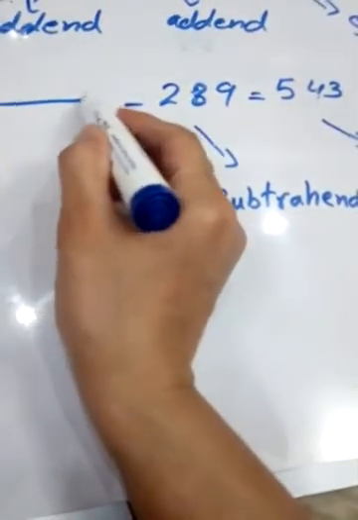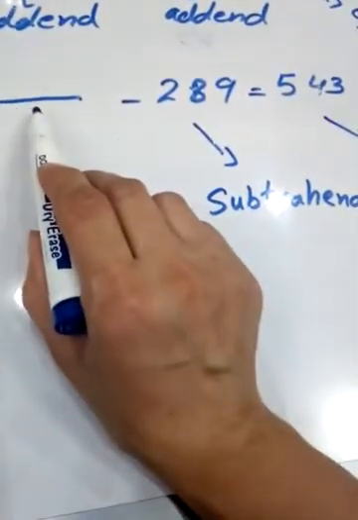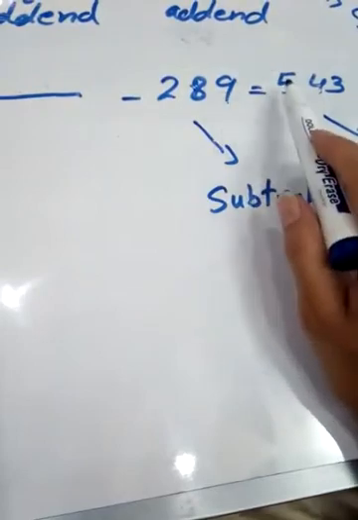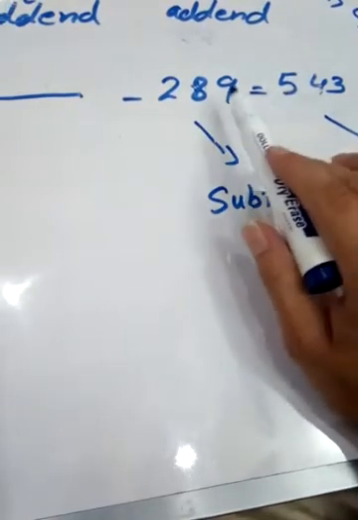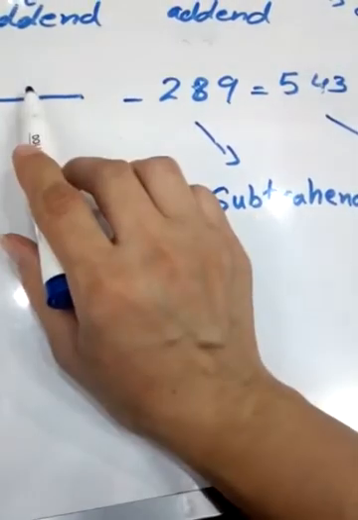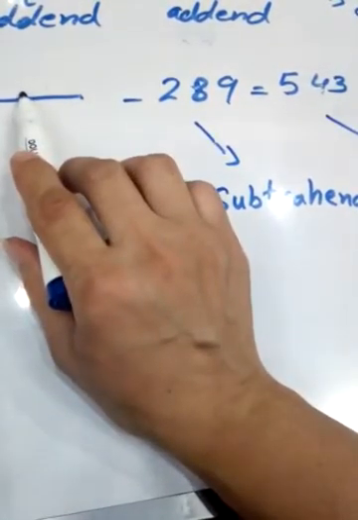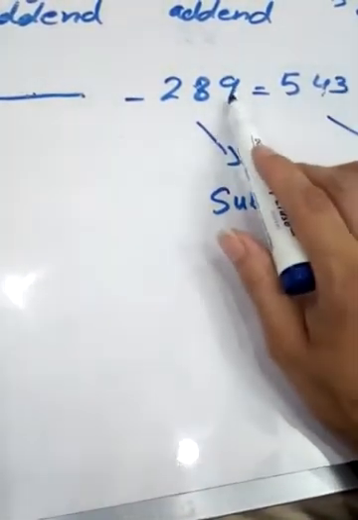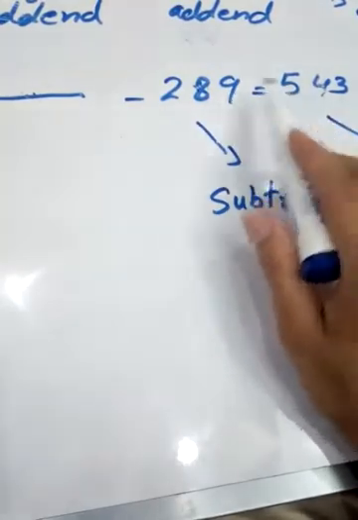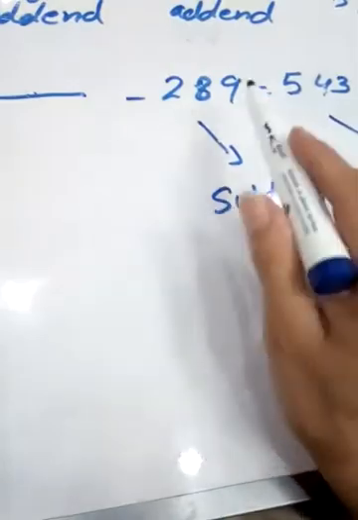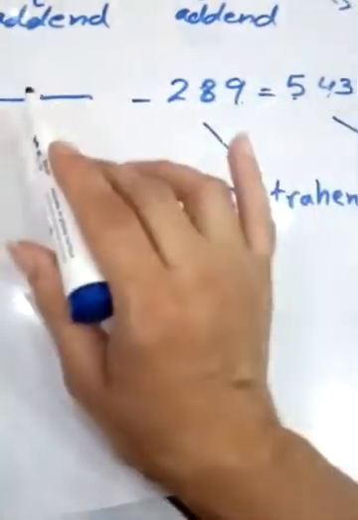If we have a blank here and the minuend is missing, what do we have to do? We have to add those two numbers, because the main point to keep in mind is that the minuend is always bigger than the subtrahend and bigger than the difference, your answer. So whenever you have to find the minuend, you have to add those two numbers. Make a sum below and add the two numbers, and you can find your minuend.